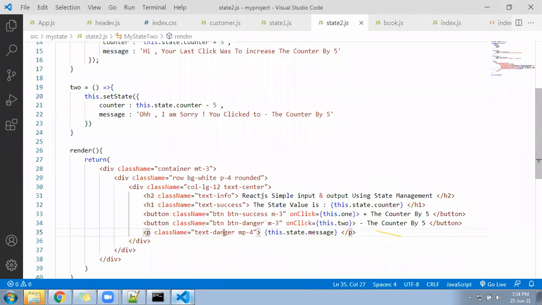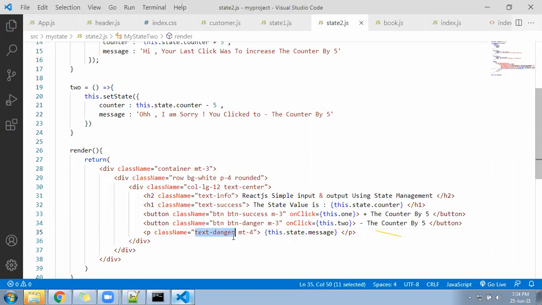Now the paragraph, apply a class here. M-P we have written, it's wrong. It's M-4. Or I can write MT, margin top 16 pixels.